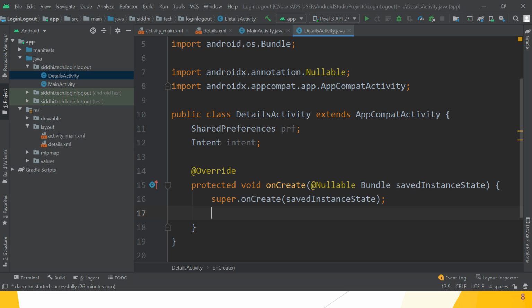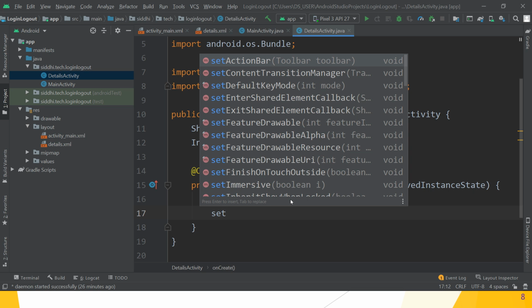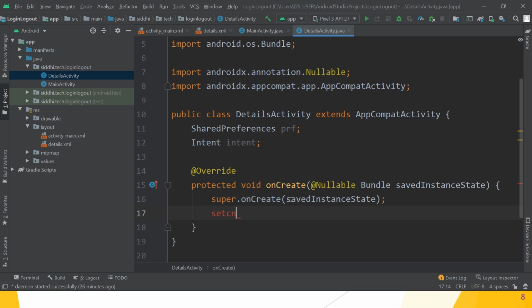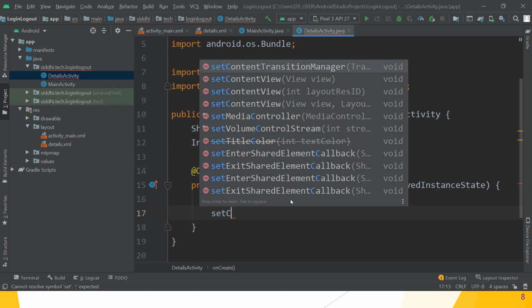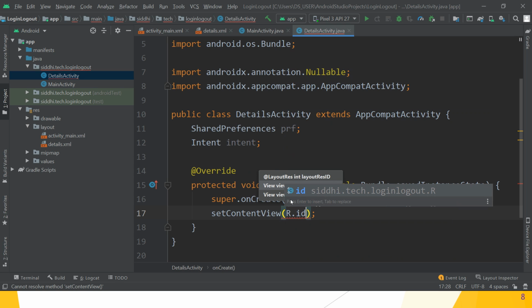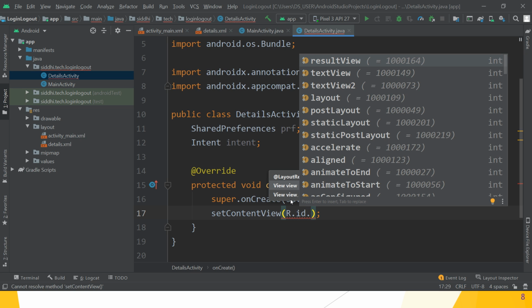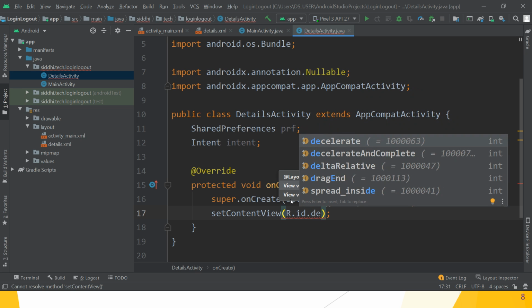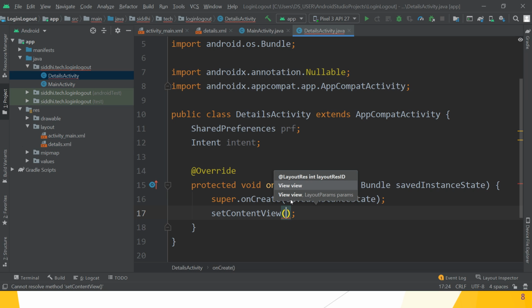Great. So this details activity dot java file refers to which XML file? Details. So which is the method? setContentView method, write R.layout.details.